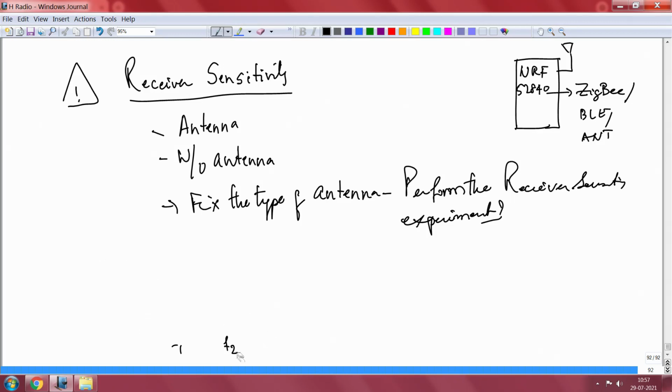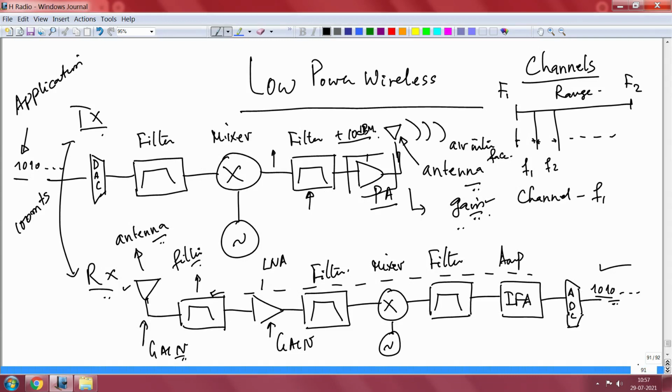So, the power amplifier really does not care what you do. You just give it some analog signal with a certain range, it has a certain performance, it will apply a certain amplifier power, plus 10 dBm in our case as an example, and then push it out on the antenna. Now, this is one part. Again folks, be very clear about it. I have abstracted this picture so much that I have hidden so many details from you, and now I am going to tell you what is that story there.